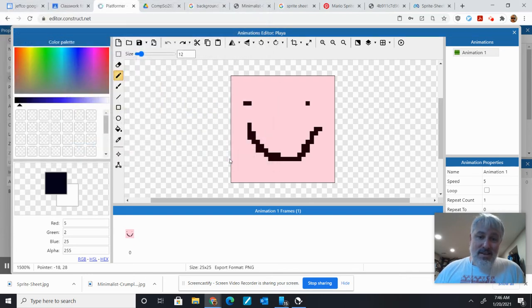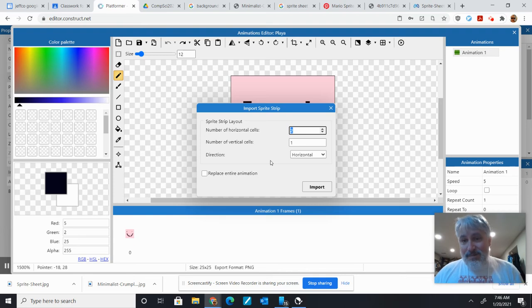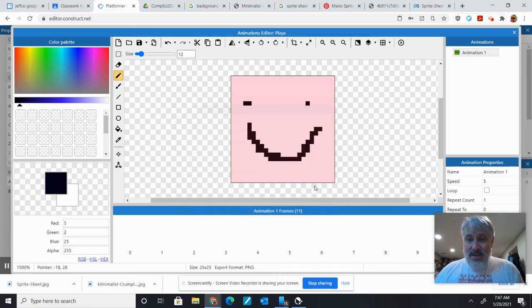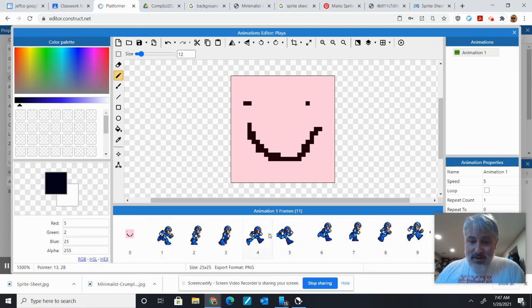Sprite sheets, open. And now it asks how many horizontal. Remember how I just counted because I knew that was coming. So we have 5 and then vertical cells 2. Okay. And we're going to import and then see how it cuts it up. Now, unfortunately, right here we have this one. His foot is a little messed up. And then over here,